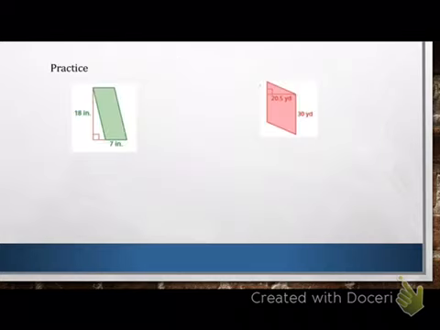All right, now let's try solving these together. So here we have another parallelogram. Notice how they had to come up with our height. All right, and let's start off with A equals B times H. That's our formula. We don't know the area, that's what we're solving for, but we do know the base is